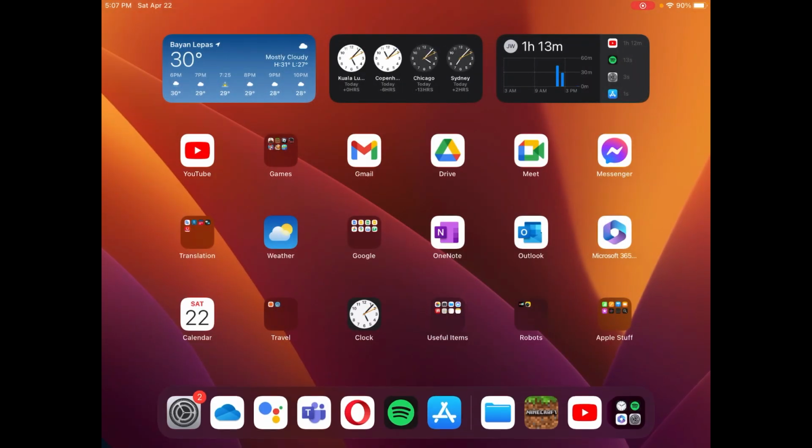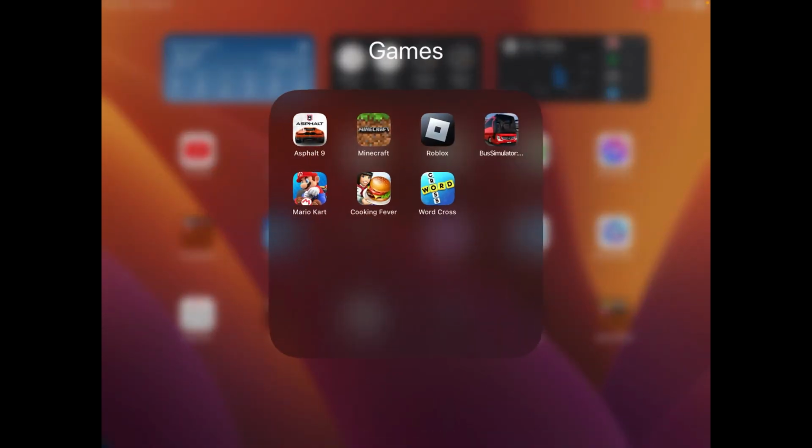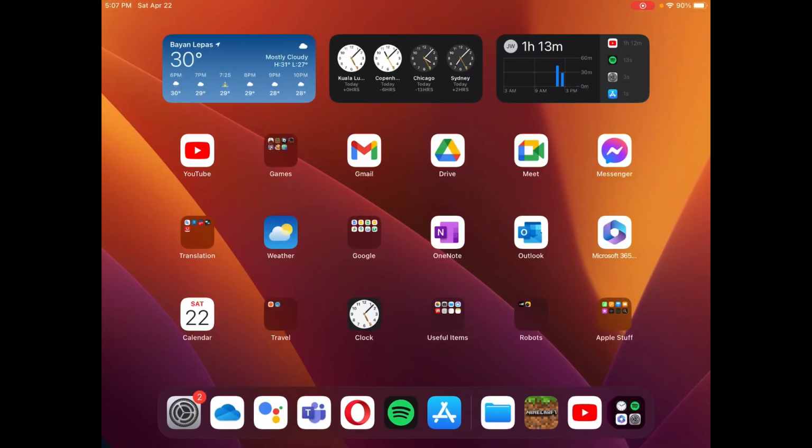In today's tutorial, we are going to see how to transfer your Minecraft Pocket Edition world to the Bedrock Edition for Windows. So, we're going to transfer from iOS to Windows 11. First, we go to Files,